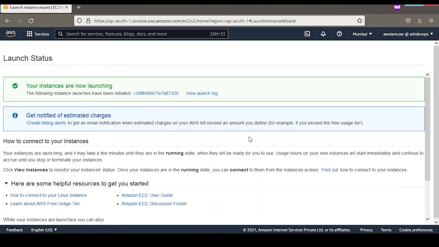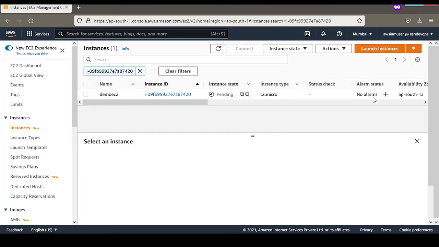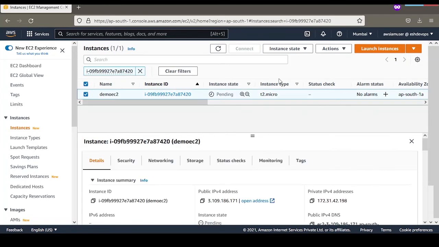If everything goes correctly, you are able to see your instance launching. Once you click this, you land directly on the EC2 dashboard where you can see the state of your EC2. Right now the instance state is pending. Once the state changes from pending to running, then you are able to log in to your EC2 instance. Now the question arises, how will I log into my EC2 instance?